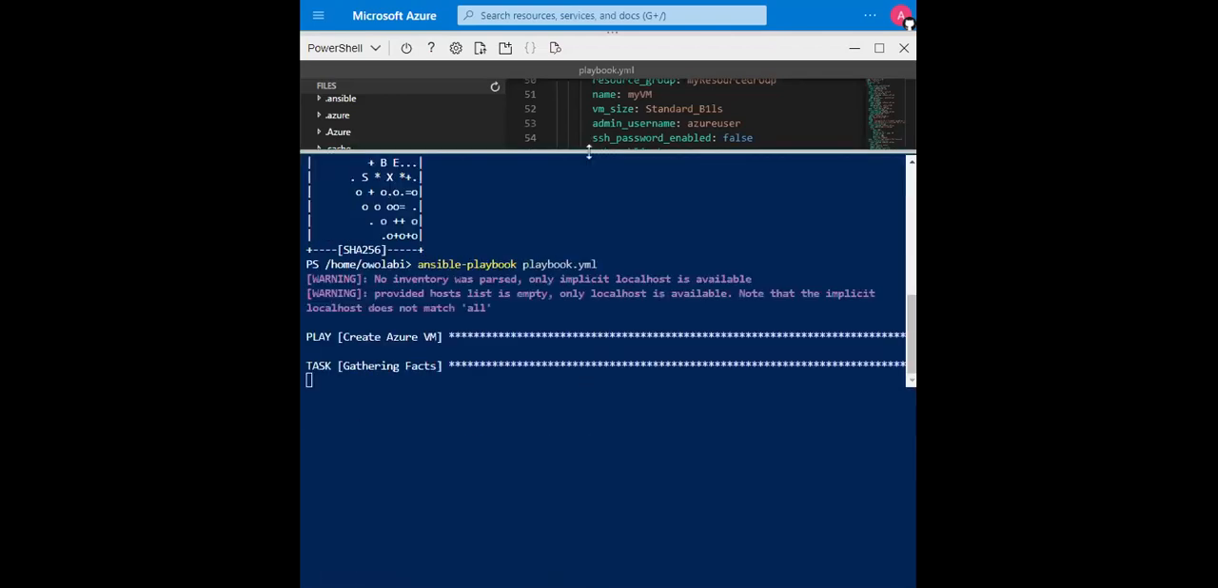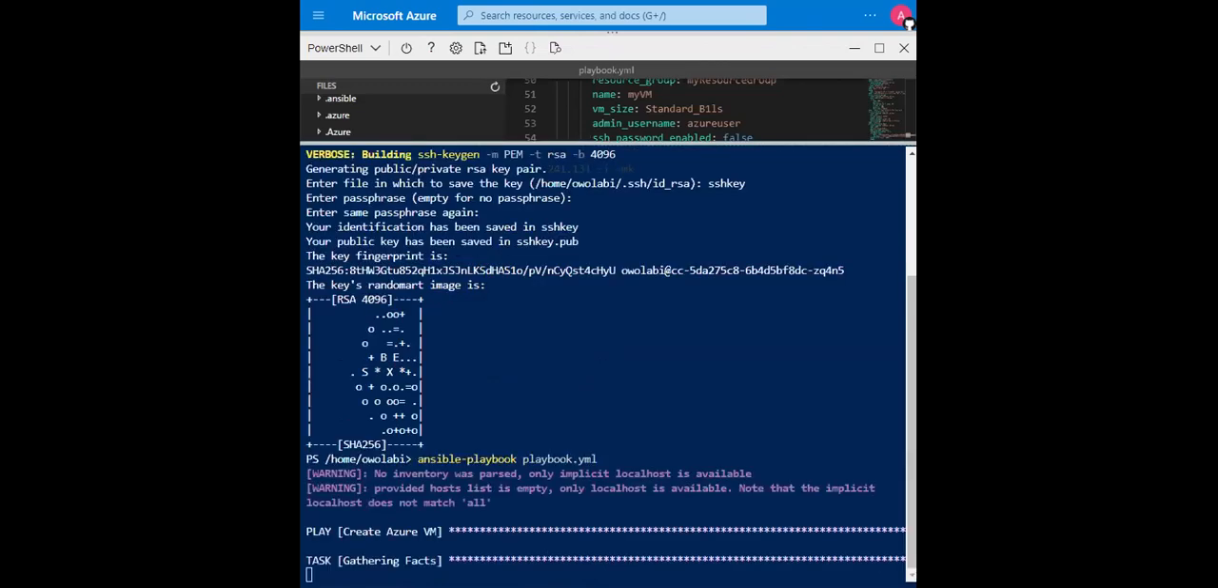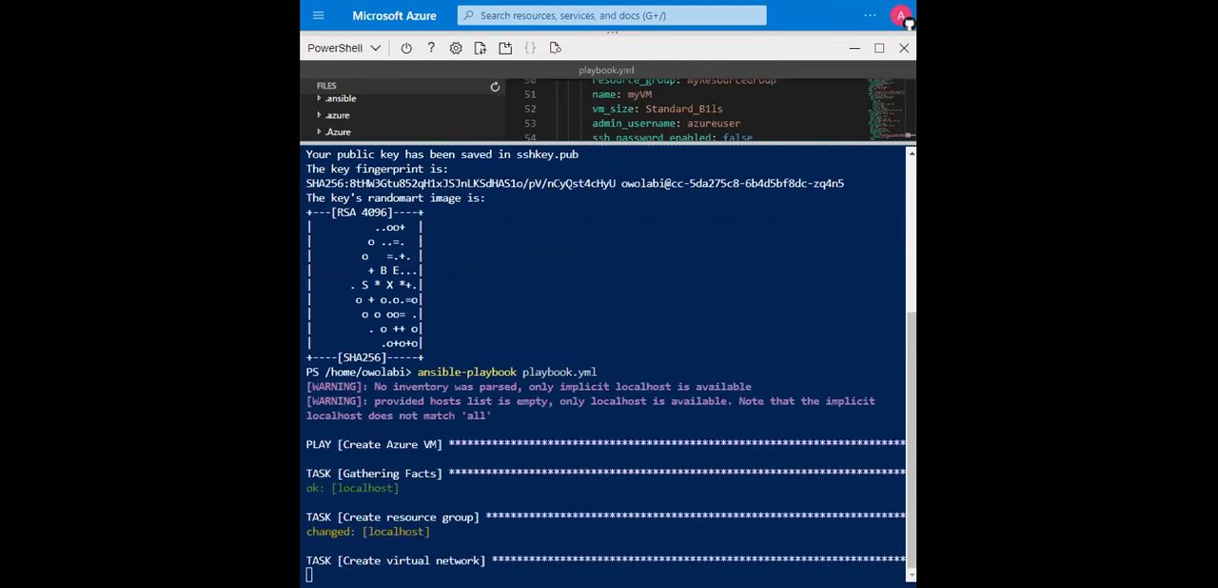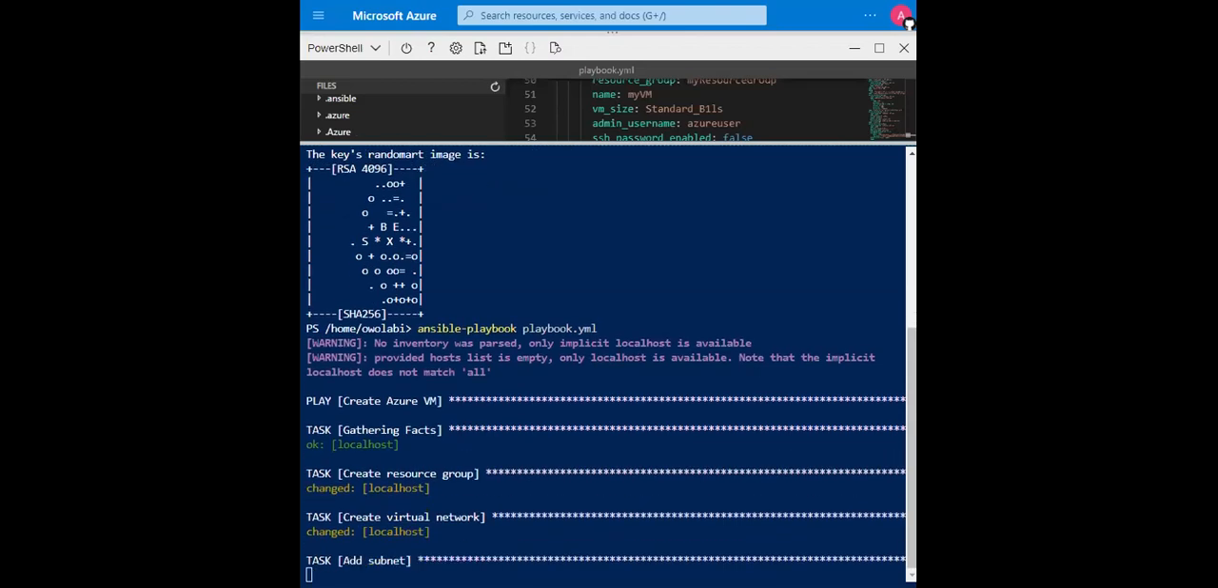and now you begin to see the difference in how fast this is. So this is gathering facts. Okay, the creation of the resource group is what it's doing now. So that's the creation of the resource group done. The creation of the virtual network is the next step, which is being performed. That is done also. Then the subnet of the virtual network,